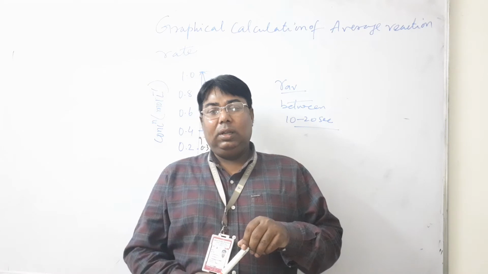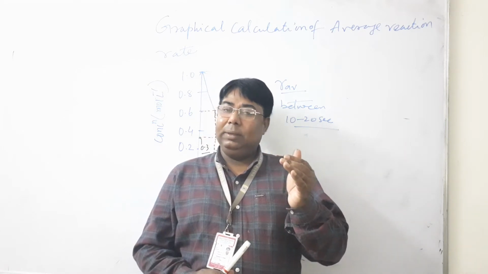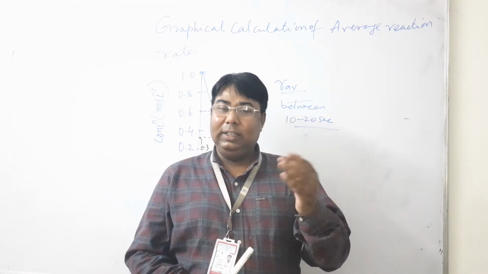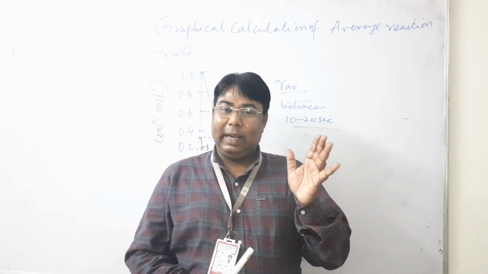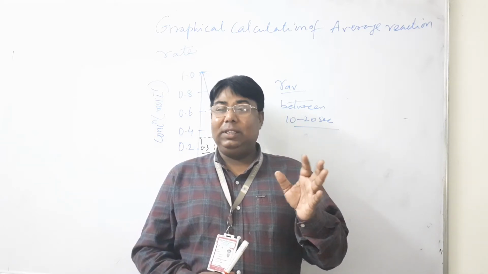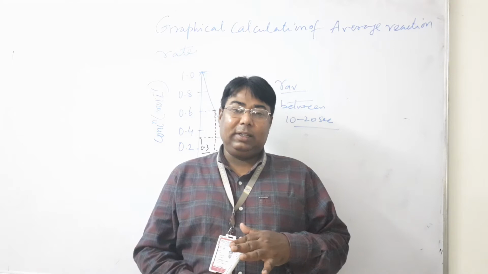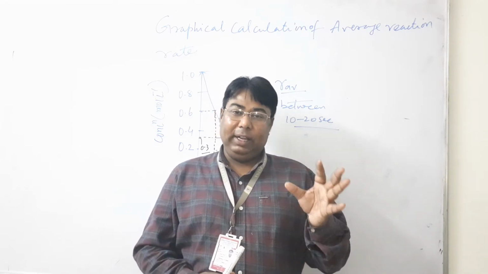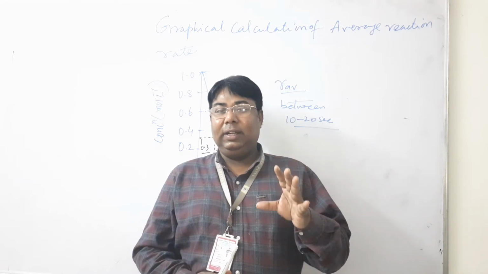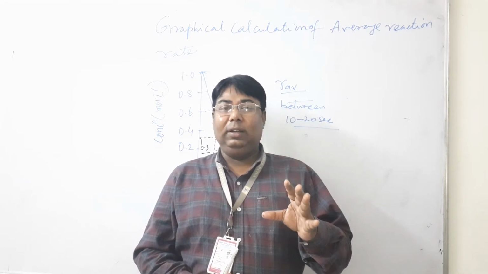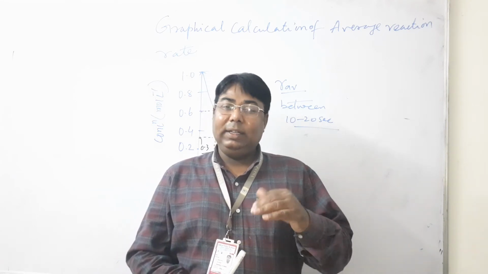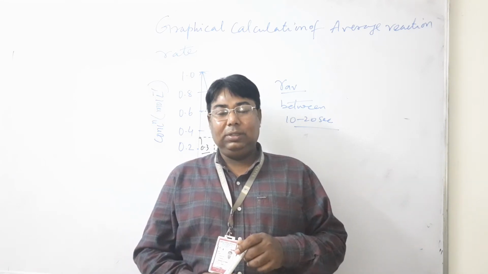Next, how would you write down an expression for average reaction rate? Already discussed. During the writing of the expression of the average reaction rate, the stoichiometric coefficients of reactant and product should be balanced, and it is balanced by dividing the rate by their stoichiometric coefficients. Understand why it is carried out?